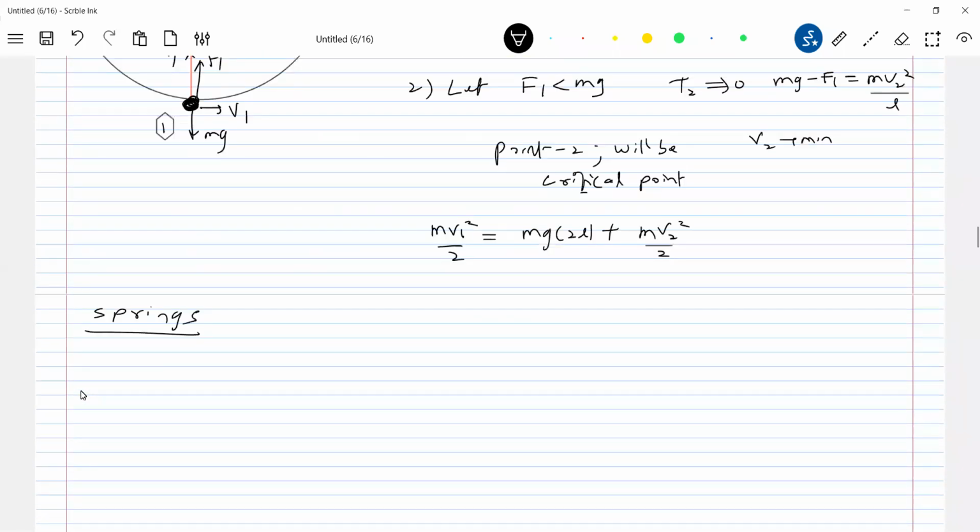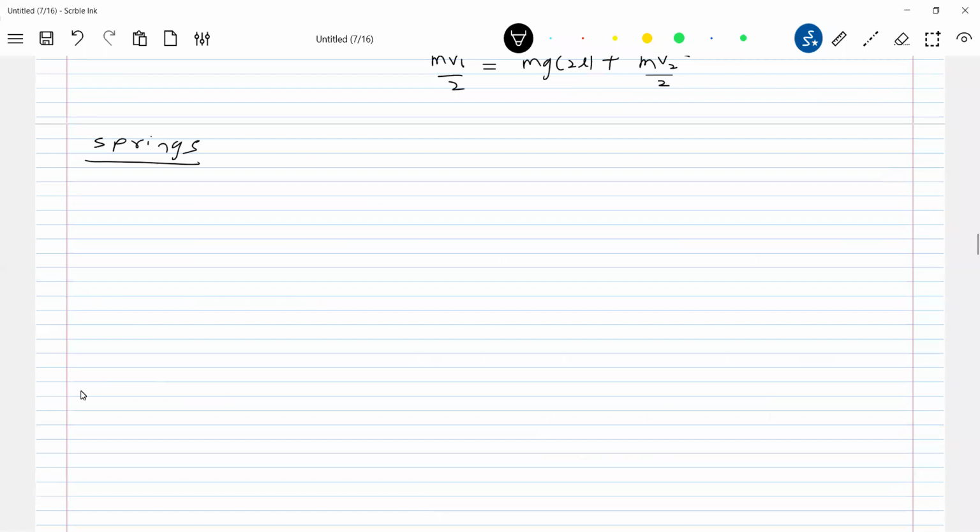Okay, I'll proceed now. We'll take up the idea of springs. We already discussed springs in the laws of motion chapter. Here we are going to discuss the work done by springs and some related application problems. If you check the books now, you'll get plenty of numericals related to